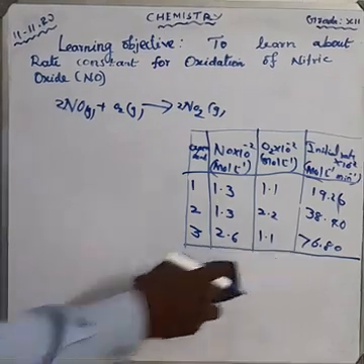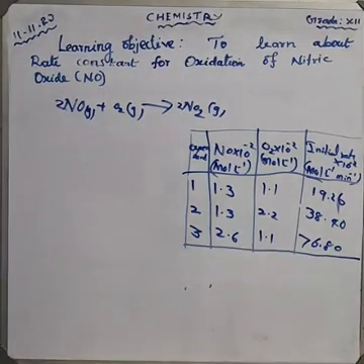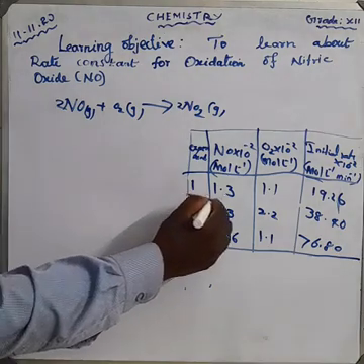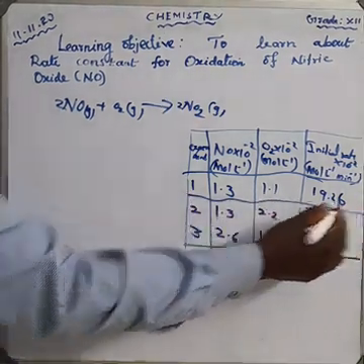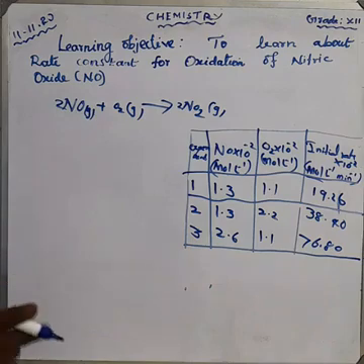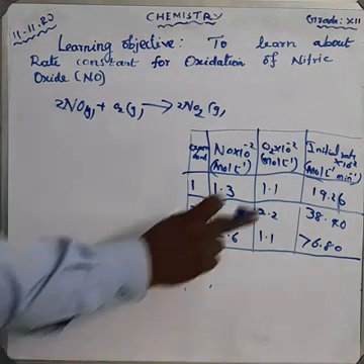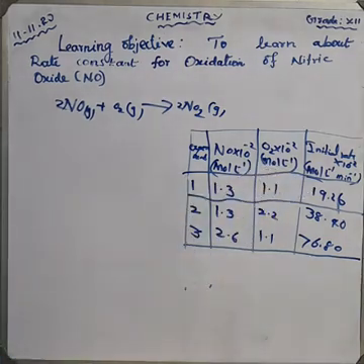Okay. Which values are given in the experiment? Experiment number 1: nitric oxide is 1.3, oxygen is 1.1, and the initial rate is 19.26. And experiment number 2: nitric oxide 1.3, oxygen 2.2, and the initial rate is